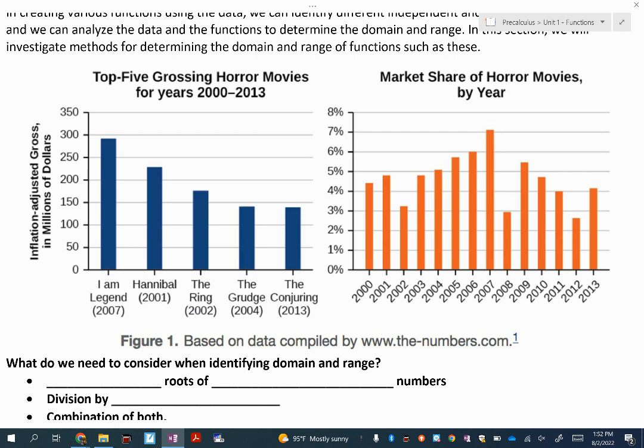Really the difference between these, why I wanted to show you both, is that when you're looking at this, if you were to write down the domain and range for this one in blue, you would be using roster notation because it's not a range of values for the domain or the range. You've got a set of 5 different ones, so that's why you have to use something called roster notation, which we'll talk about a little later. For the one in red, because you're going from 2000 to 2013,